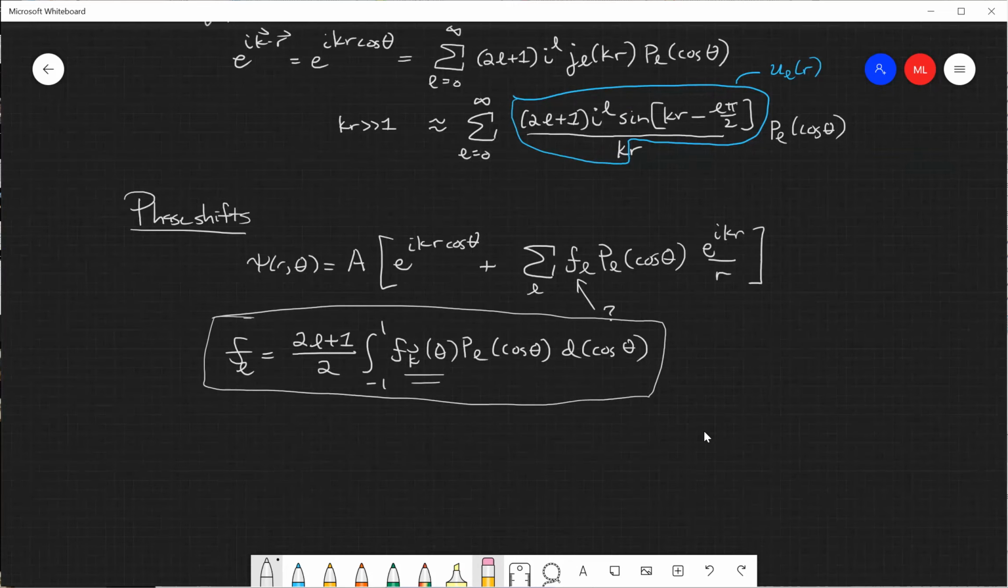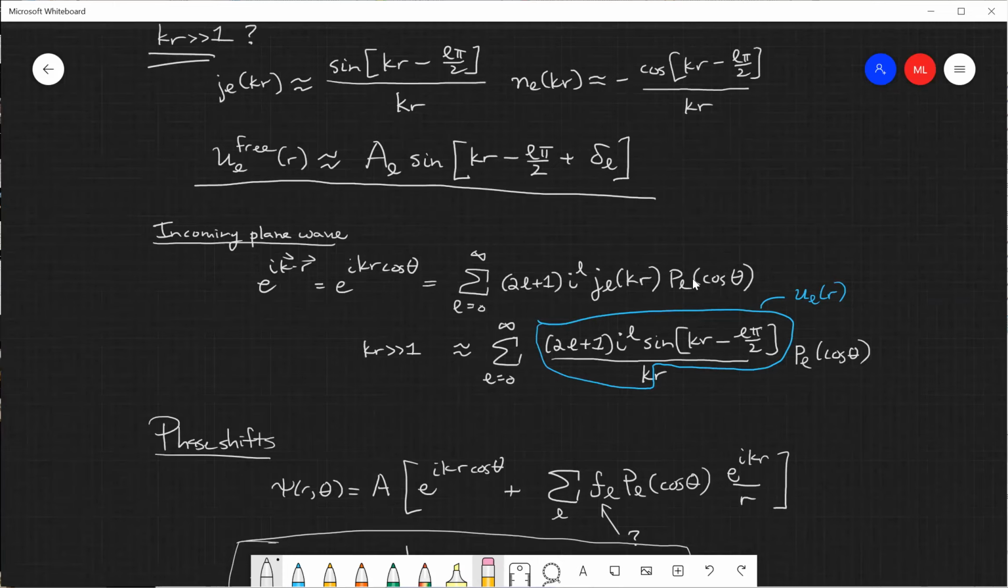What is important is that you just have to recognize that you can always expand a function of theta in terms of these Legendre polynomials. And that's convenient because everything we have is expanded in terms of the partial waves. So we have to expand this angular dependent amplitude as well. And the other thing to note is that we solved this problem for